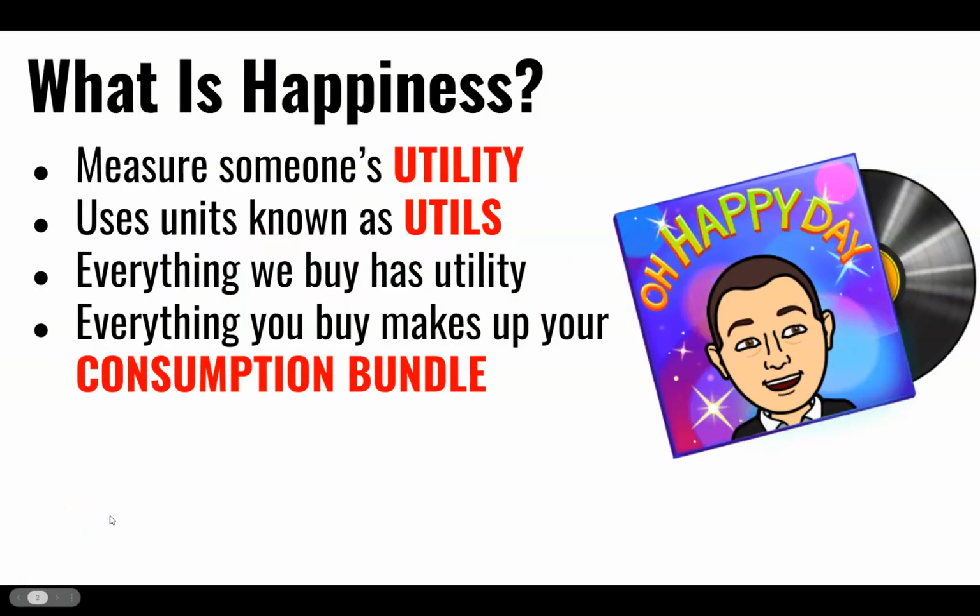So we start with this idea of what is happiness, and economists will measure people's happiness in what are known as utils. We're talking about utility. Happiness measures utility, and we've made up this measure. It's not a real number, but we craft this concept to try and explain the point, and we'll call them utils. And so when you really get in econ, you start talking about, oh, this gave me 25 utils, or